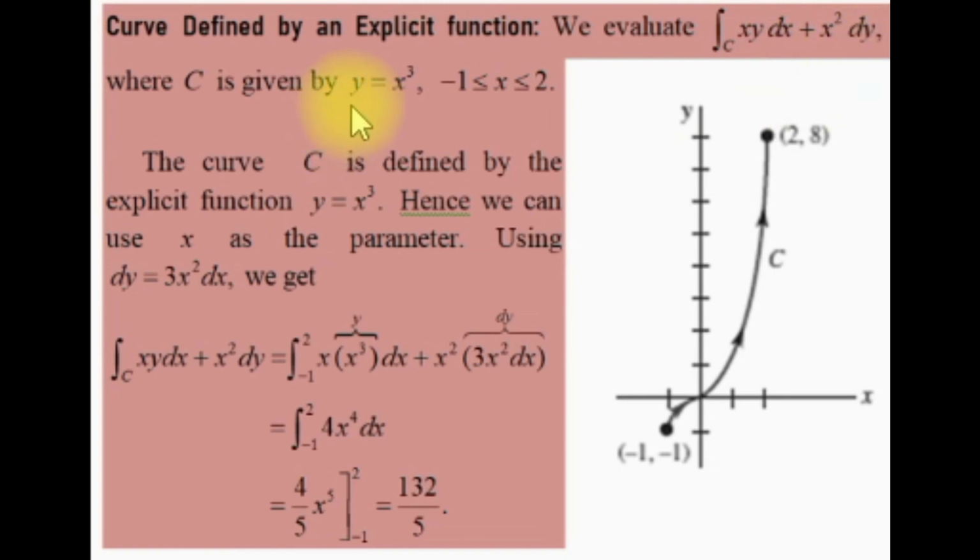In this example, we have to find the integration with respect to x and also with respect to y. Here, the curve is given by an explicit function y = x³, not in the parametric form. We here simply take x as a parameter so that y is a function of x as seen here. That means in this example we are not searching for a new parameter. Instead we use simply x as a parameter. So x is equal to x itself, y is equal to x³. The parametric equations that represent x and y are x = x and y = x³. The rest of the work is similar to the previous example.